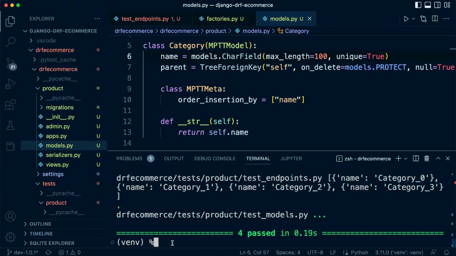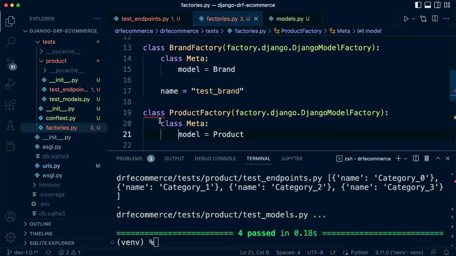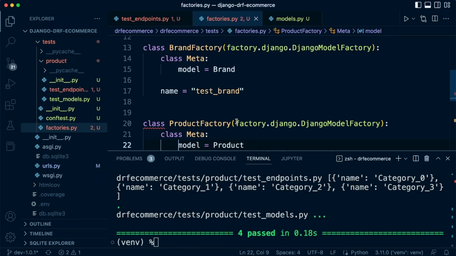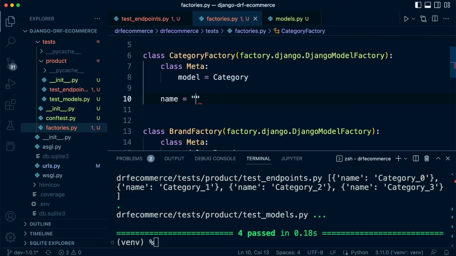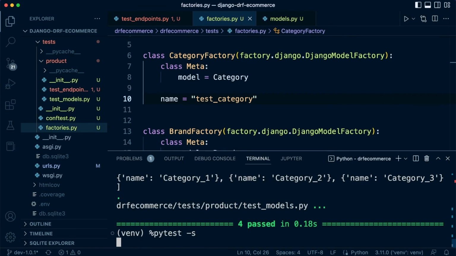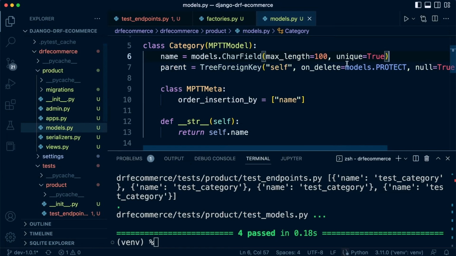So let's go ahead and just test this once more. And you can see that everything is successful. So let's actually just take out the lambda. I'm just going to copy this and then step back a few to where we started. Gone back a bit too far. So let's just name equals, so let's name test category. So you don't have to do this, but just to show you the fact that potentially now, because we've added unique, this won't work. Now it looks like it's okay at the moment,